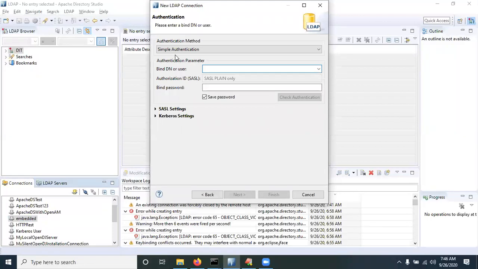Here it is asking for the Bind DN. It is a simple authentication, so we have to give the Apache DS username and Apache DS password. The username will be uid equals system, comma ou equals